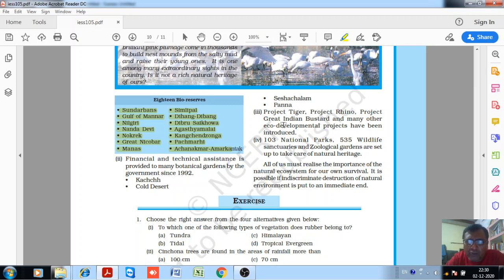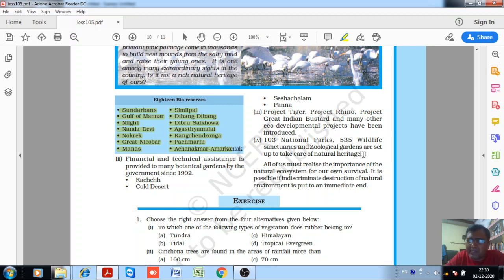Project Tiger, Project Rhino, Project Great Indian Bustard, and many other eco-developmental projects have been introduced by the Government of India to conserve biodiversity. 103 national parks, 535 wildlife sanctuaries and zoological gardens are set up to take care of the